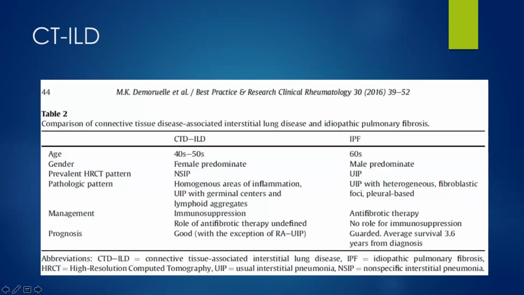The main thing is that it's a different population of patient that walks in saying, I'm getting shorter of breath, that you need to think about rheumatologic stuff. So younger women who come in saying, I'm having 6 months of worsening shortness of breath, those are the ones where, let's say you do the PFTs and x-rays and it looks restricted, you have to really search for a connective tissue or rheumatologic condition, because they're much more likely than a 70-year-old man who walks in and says, I'm getting 6 months of shortness of breath with restriction and increased markings on x-ray.